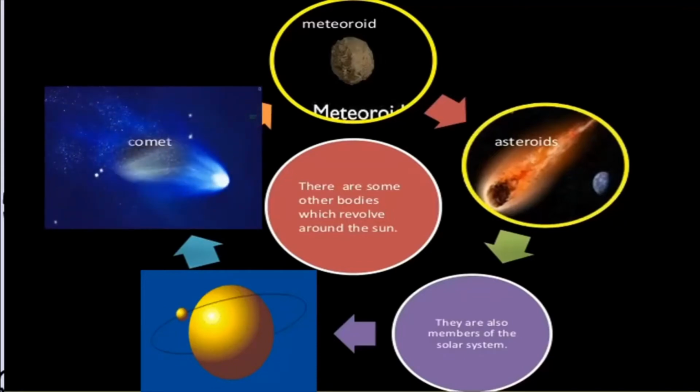Now what is a comet? A comet is a broom-shaped heavenly body. Broom, you know, jhadu, with which we clean our house, to sweep our houses. So you can say the comet is a broom-shaped heavenly body. Okay, I have explained the term heavenly body to you many times. All these things are heavenly bodies.